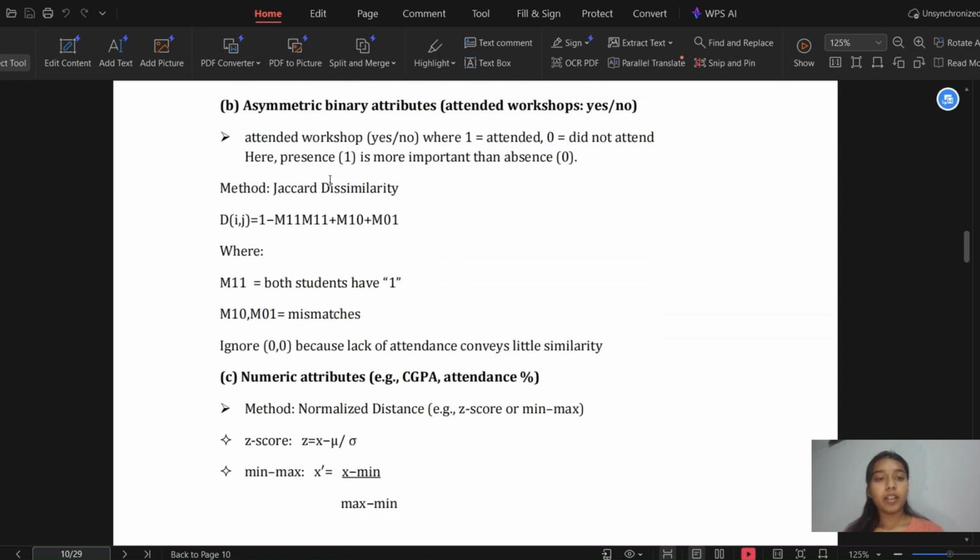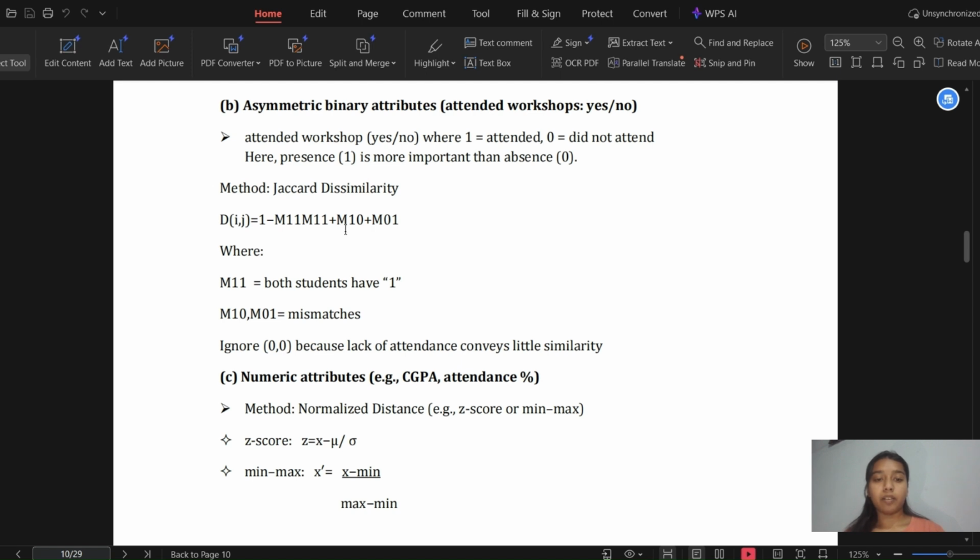Second part is asymmetric binary attributes, that is attended workshops, either yes or no, where 1 equals attended and 0 equals did not attend. Here, presence 1 is more important than absence 0. The method is Jaccard dissimilarity. dij equals 1 minus